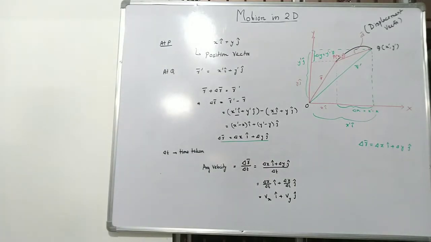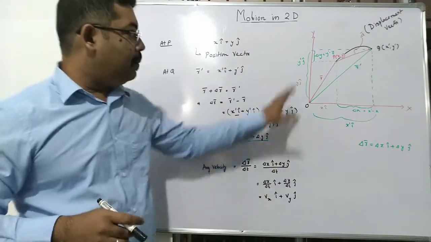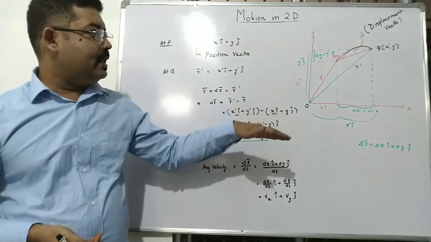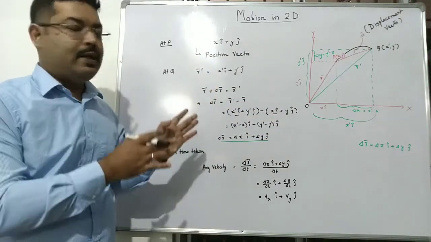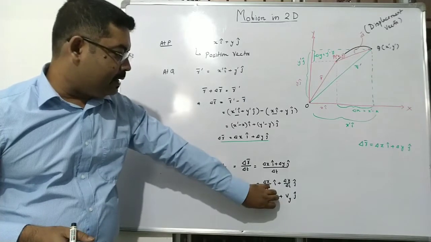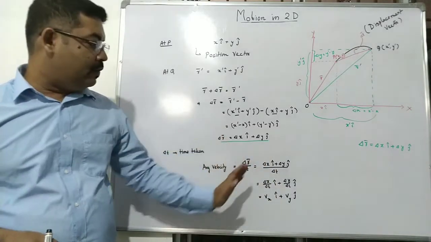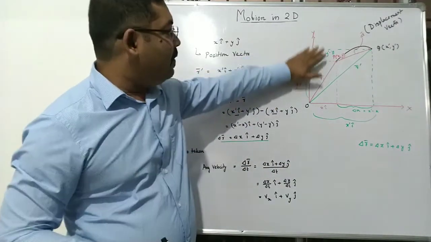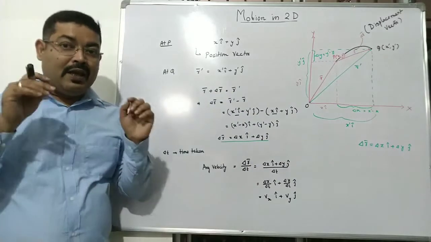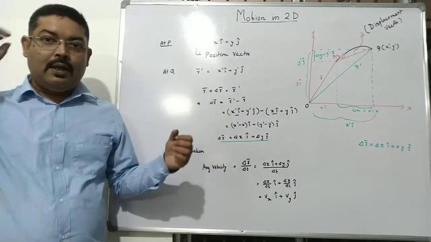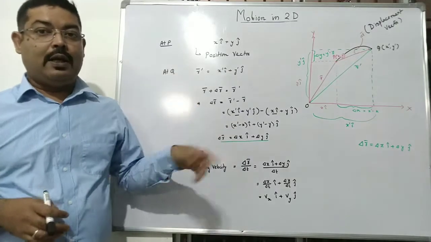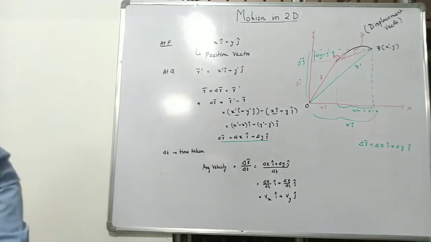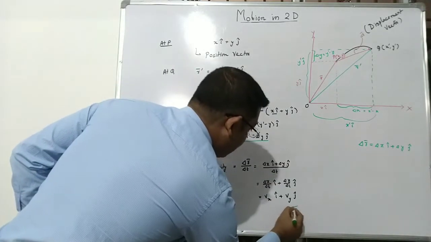So basically what we have found is that when a particle moves in a two-dimensional plane, its velocity along the x-axis and the y-axis can be separated and expressed in two different ways. The velocity along the x-axis will be independent of the velocity along the y-axis. They are two mutually perpendicular directions, so y velocity and x velocity can be treated separately. This is going to be very, very important while we discuss motion in two dimensions, like projectile motion, say. So we have to keep this in mind very clearly, that average velocity is given by this.